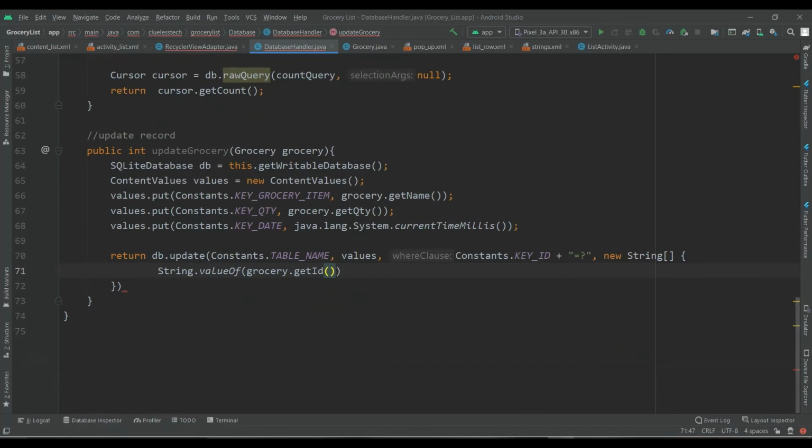Okay, so here what we are passing: the table name, at which table we need to update the record, the values, these values, and the where clause, at which ID we need to update the record, and the where argument. It will be the array of this old record with the help of this ID.